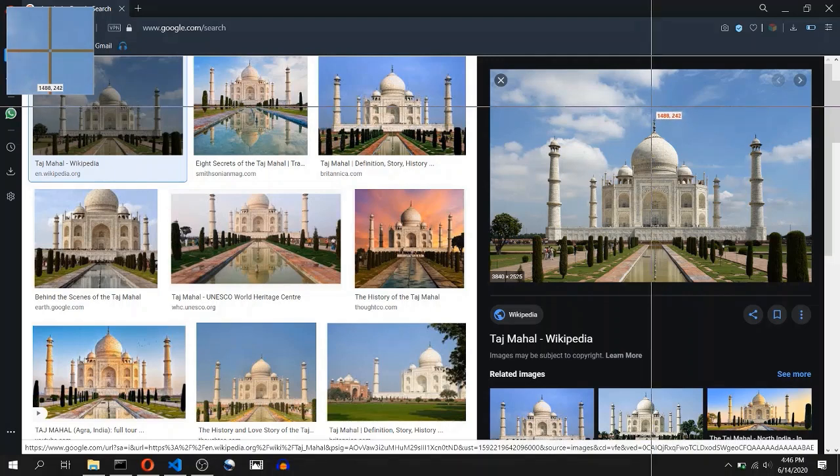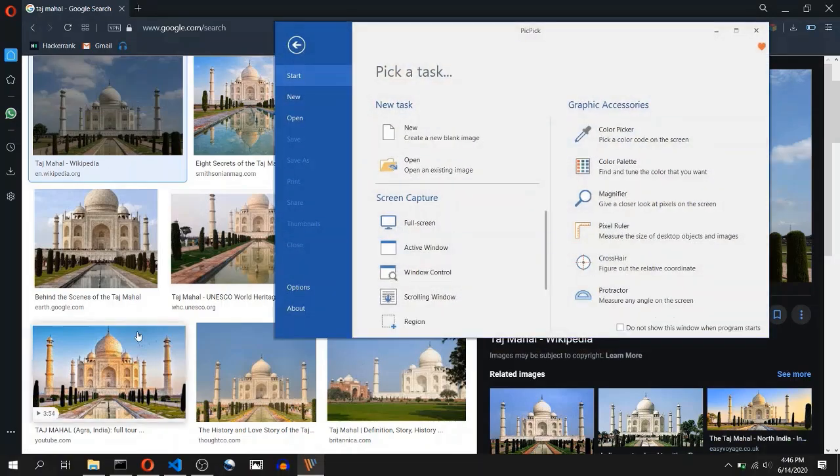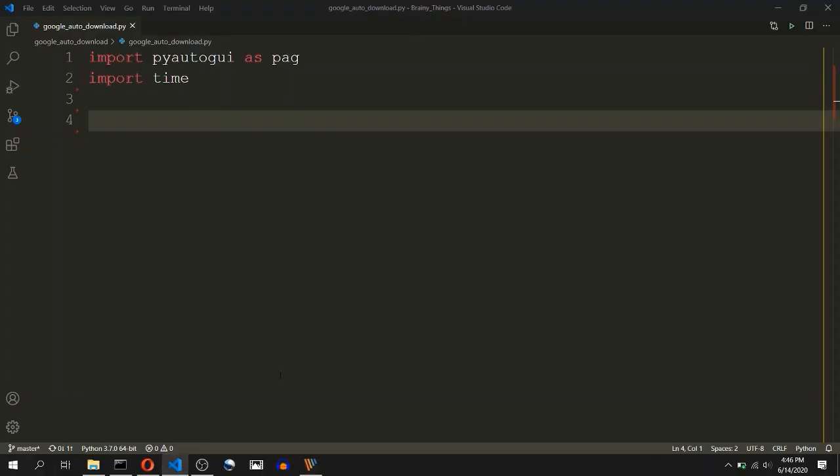So let's say we will go with a point over here that is rounded to 1485 and 250. Let's press escape. You should check the coordinate for your device as these coordinates are highly specific to my laptop.